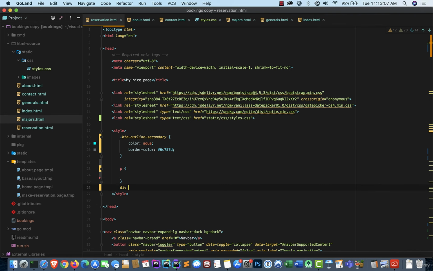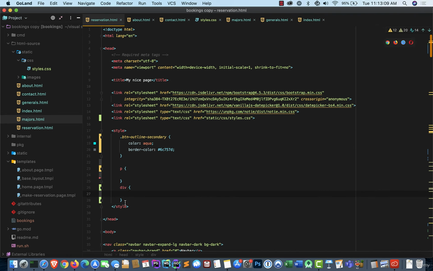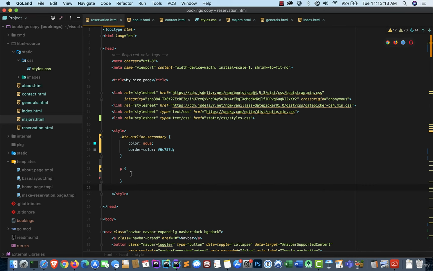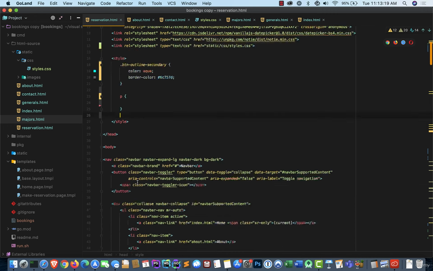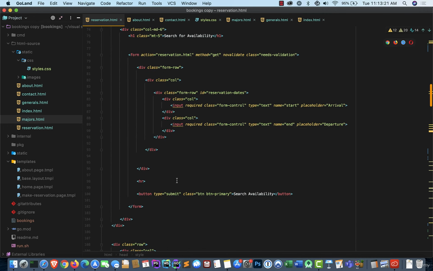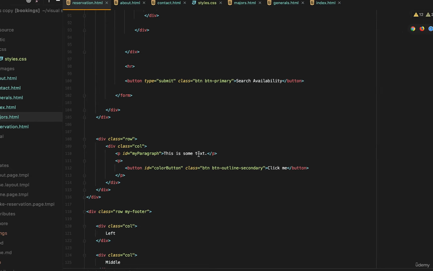Or I could go div to get all divs, okay? So that's how you refer to HTML elements. If I want to refer to all elements of a particular class, this is the syntax I use. I put a dot in front of the class name. So let's try that. Let's come down here and find our paragraph, wherever it is, and we'll duplicate that a